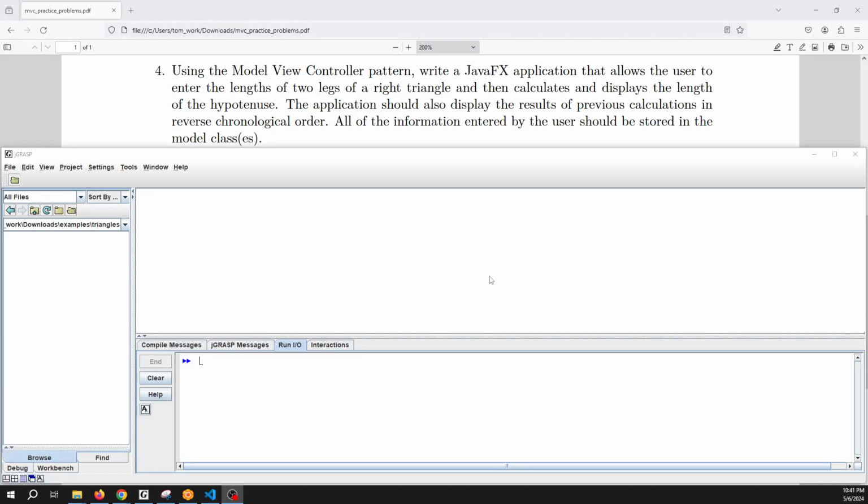All right, in this video, we're going to take a look at the following problem. It says, using the model view controller pattern, write a JavaFX application that allows the user to enter the lengths of two legs of a right triangle and then calculates and displays the length of the hypotenuse. The application should also display the result of previous calculations in reverse chronological order, so the newest ones first. And then all of the information entered by the user should be stored in the model classes. So all of the information. All right, so